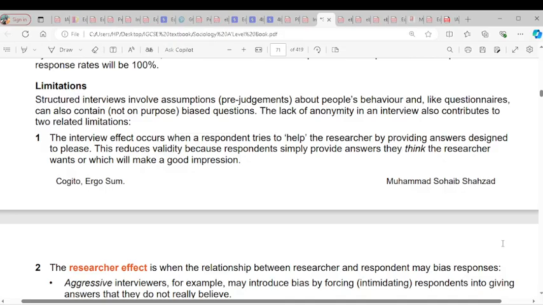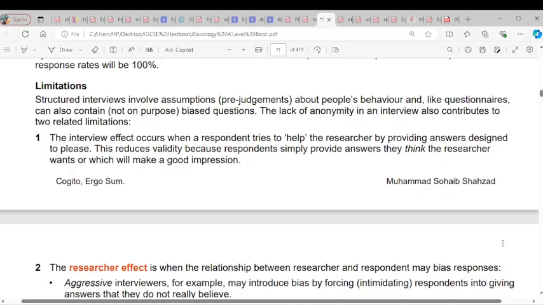One, the interview effect occurs when the respondent tries to help the researcher by providing answers designed to please. This reduces validity because respondents simply provide answers they think the researcher wants, or which will make a good impression. So, the first limitation of the structured interview is